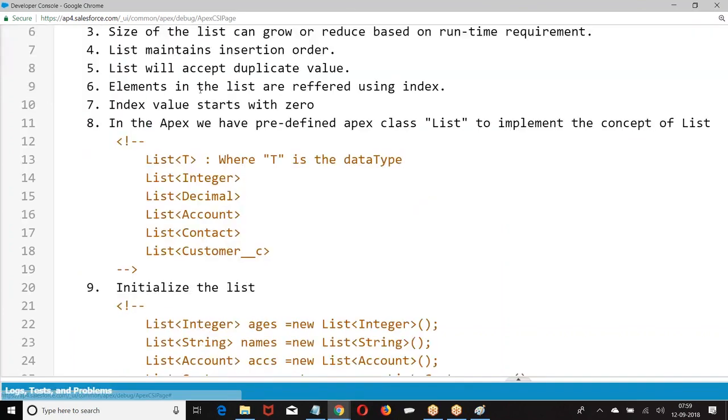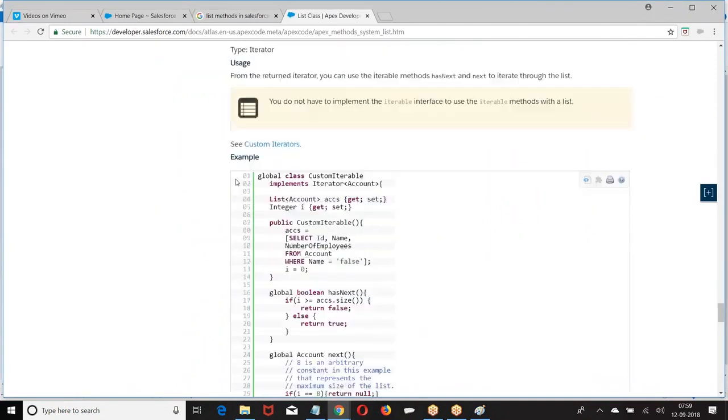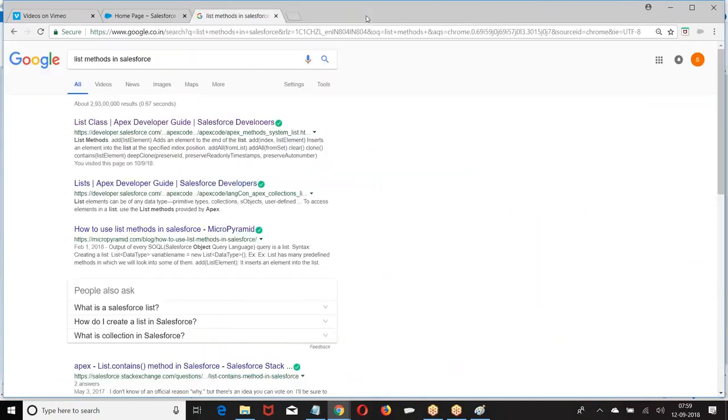So basically, what is the concept? It is to move the cursor from one position to the next position. What the next position is depends upon your logic. So with this, we have done the list concept. We have done the methods in the list. Now, how to refer to one by one record in the list.